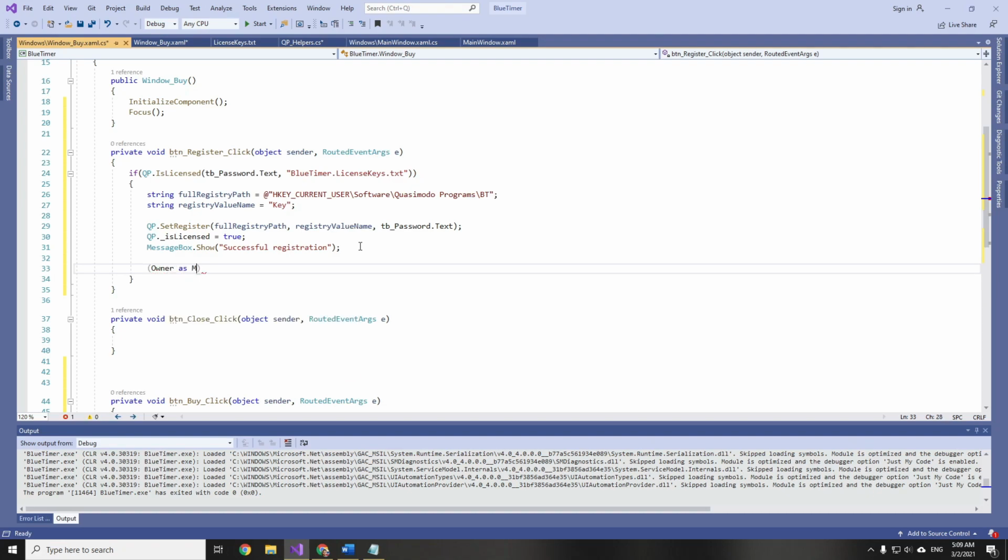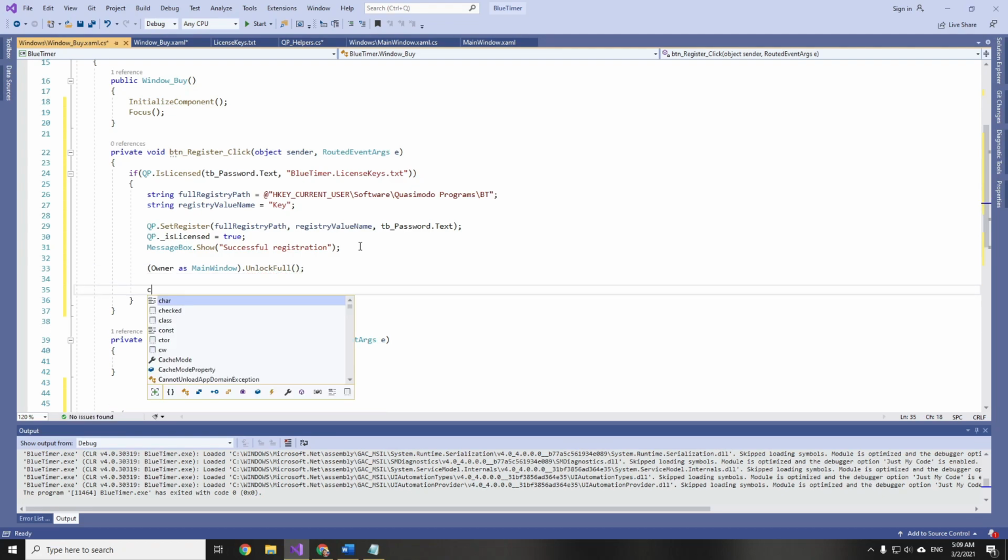So owner as main window dot unlock full, and after that we close this window.